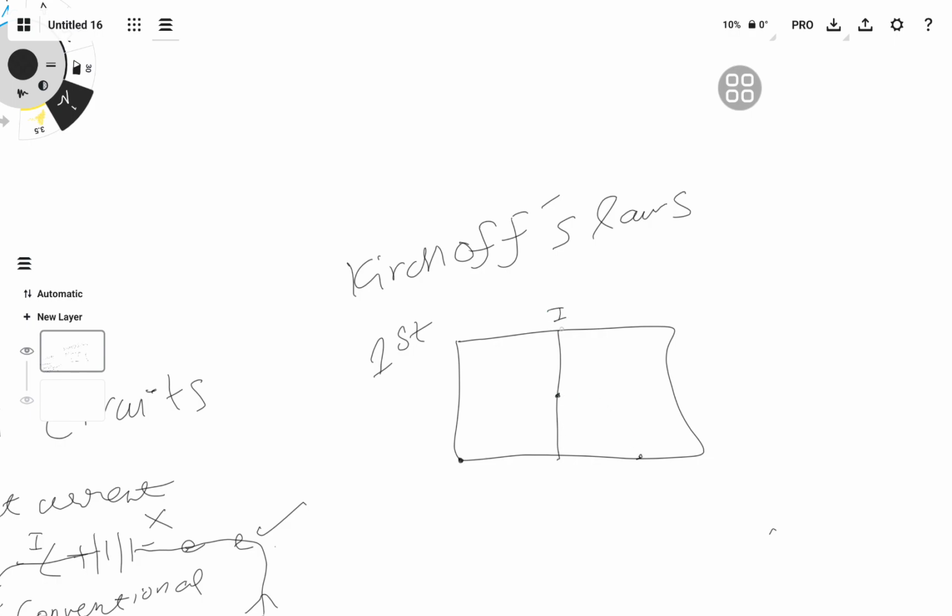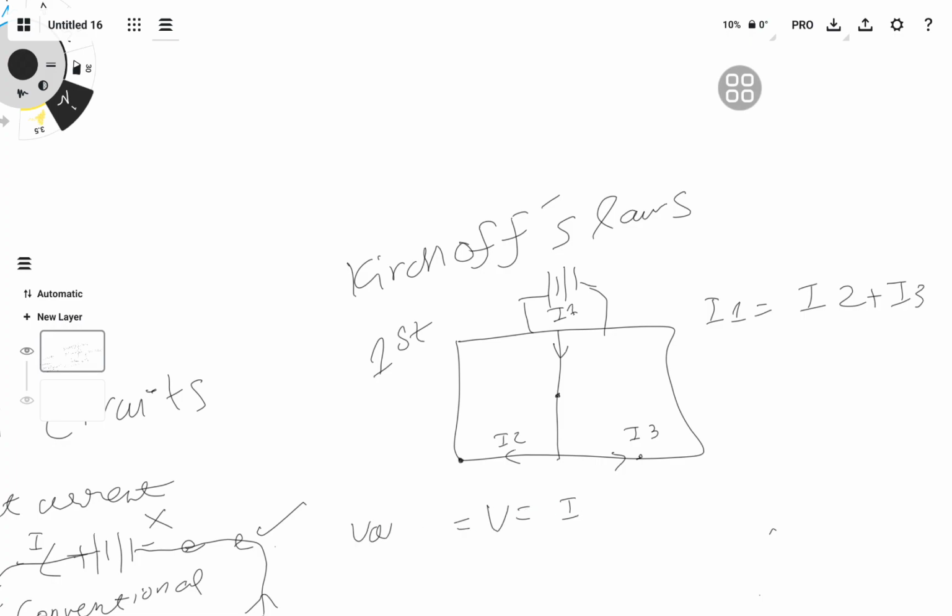So if we have I1 here, then we have I2 here and I3 here. Basically it comes from a battery like this. We'll use even a battery for an example to make it more clear, and basically it will flow here, then it goes here and here. Basically I1 is equal to I2 plus I3, and we may have also other equations like V is equal to